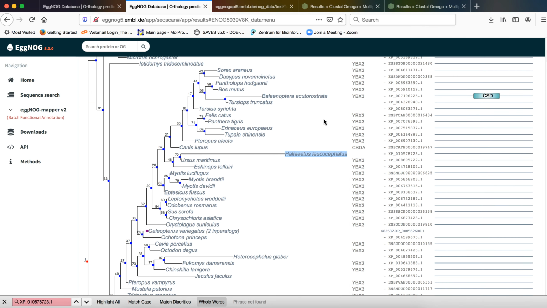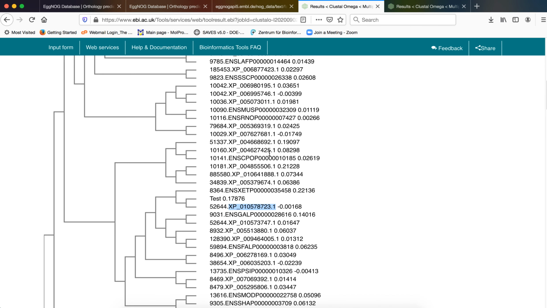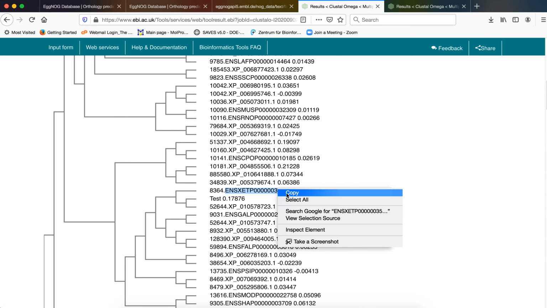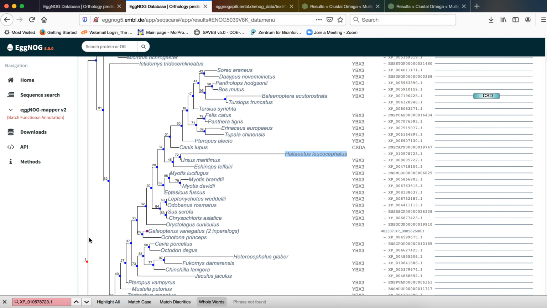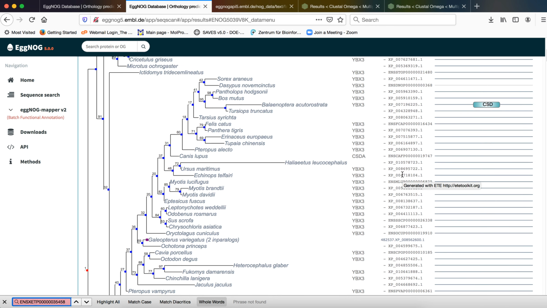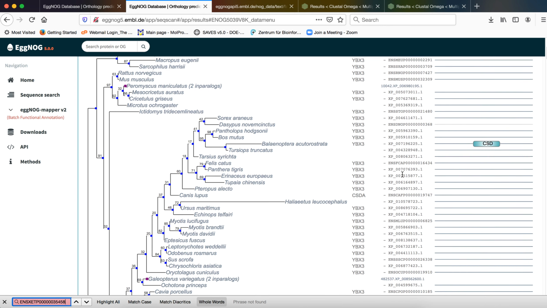Let us close this up and again go back to the page of Clustal. This is another nomenclature or sequence nomenclature that we are looking to find, ENSXETP, number of zeros 354. So let us see if we can find that in the eggNOG table somewhere. Let us now check what that particular sequence belongs to.